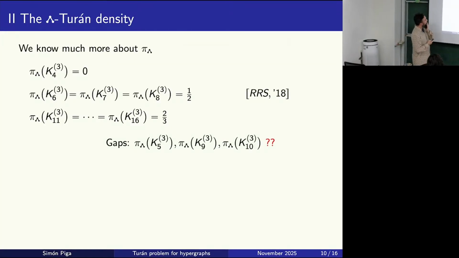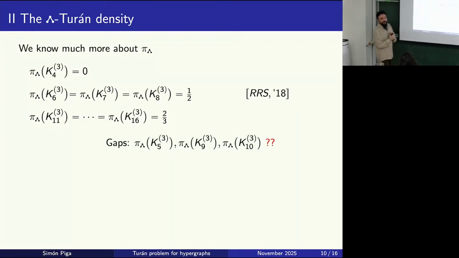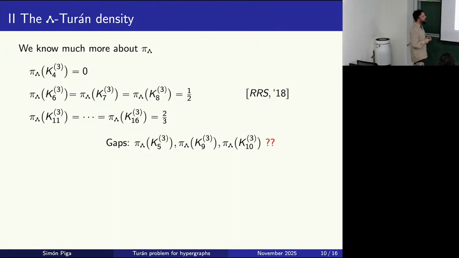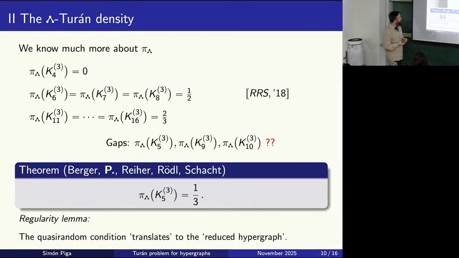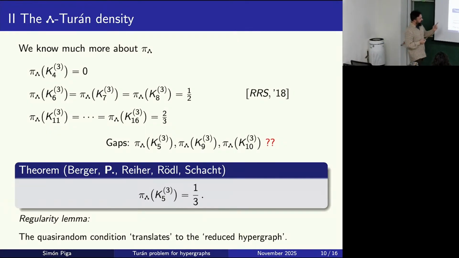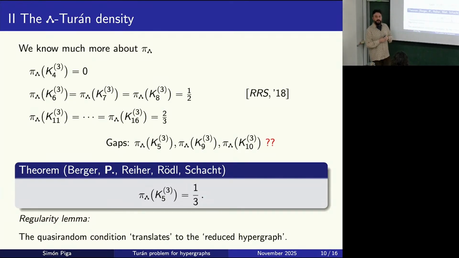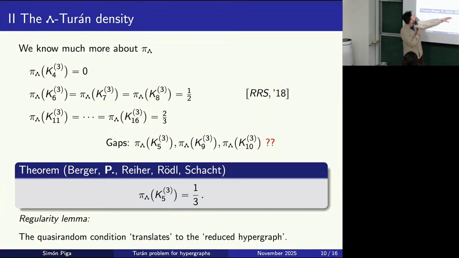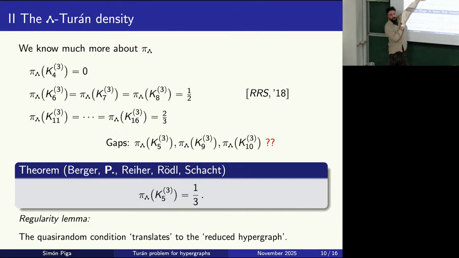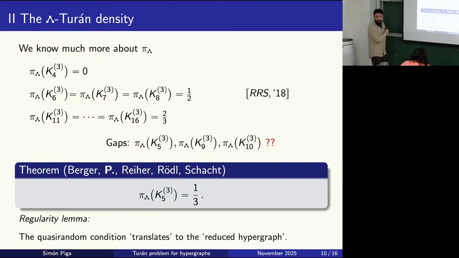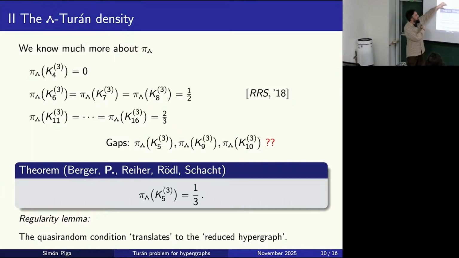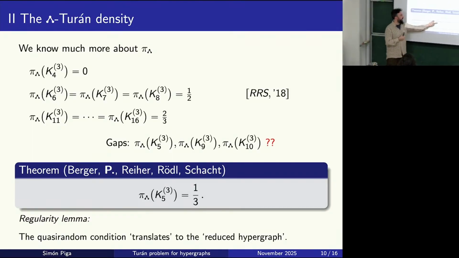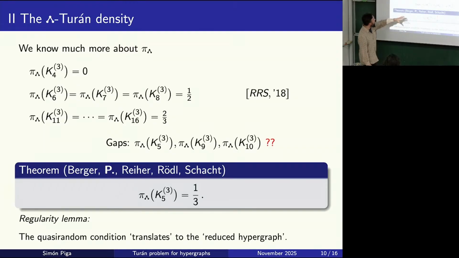But if you look at this picture, there is something missing, of course. So K5, K9, and K10 are awkwardly not there. And this we proved a few years ago with the same co-authors, but now two younger mathematicians are added there. And we could prove that the Turán density of K5 lies somewhere in between here. Not in 0, not in 1/2, but in 1/3. So the Turán density of K5 is somewhere here. So this is kind of a bitter, let me say something not so